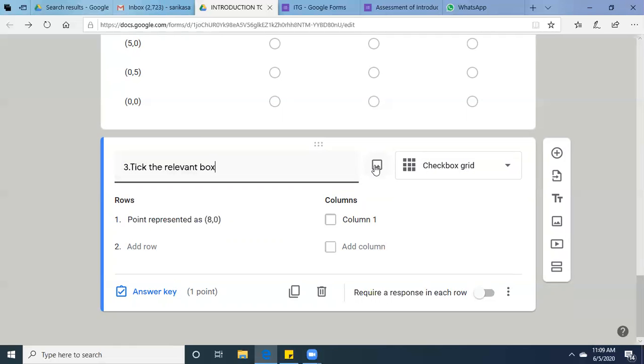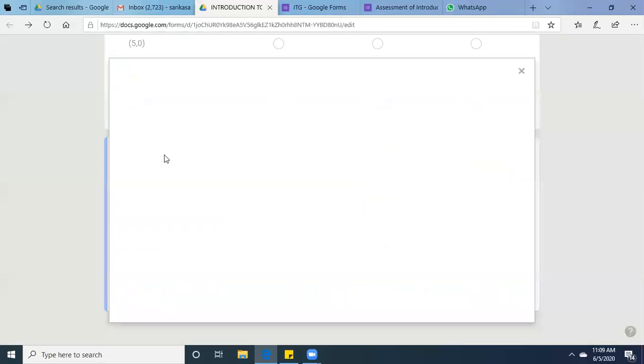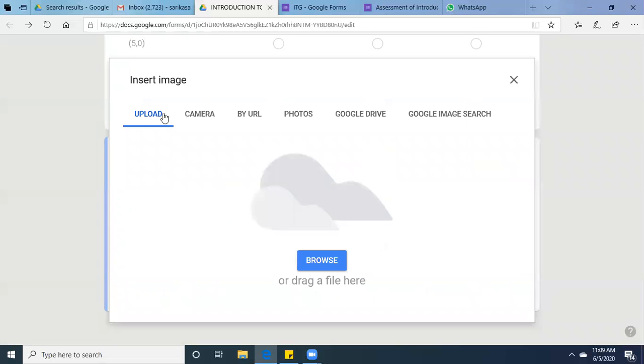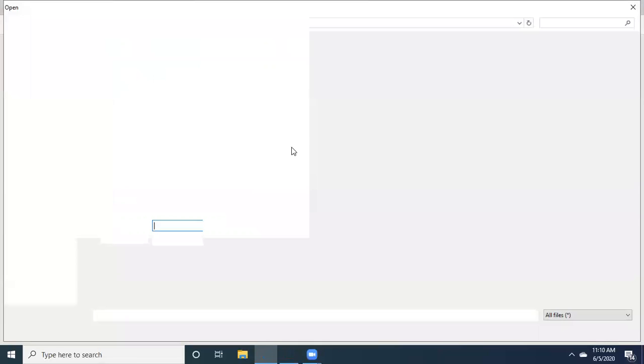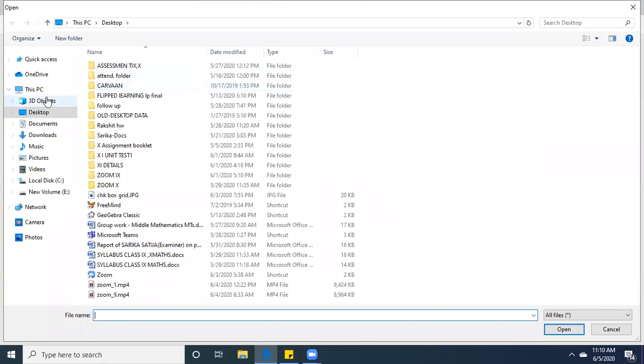So I'll click on image. See, this is the symbol of image. I'll click on image, or you can click on this option also, add image. This window will appear, insert image. I'll click on upload, then browse, then desktop.